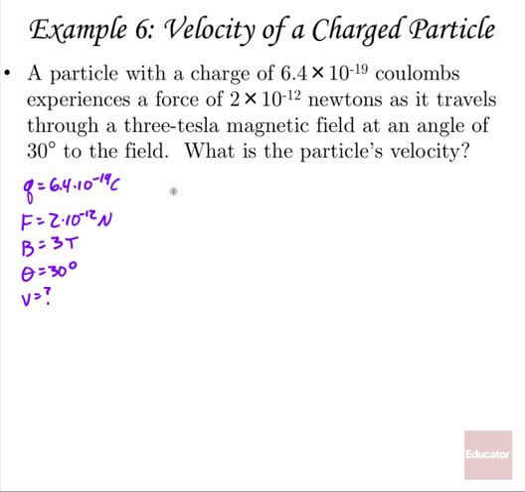Well, we'll go back to our formula for the magnitude of the magnetic force. F sub B equals QVB sine theta. Therefore, velocity is going to be equal to the magnetic force divided by QB sine theta, or V equals